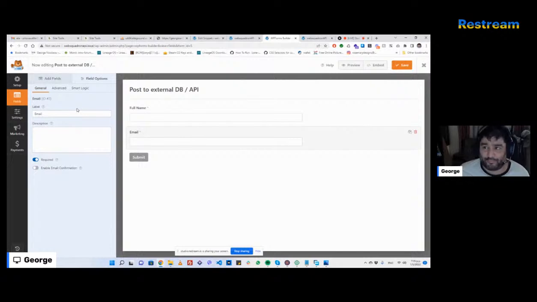Now, if you have the professional version of this plugin, you can store database entries to your current WordPress install. Let's make the assumption, though, that we don't want to do that. We want to store them somewhere externally. The external server we want to store them to is not Web Squadron API.local, but it is actually this random